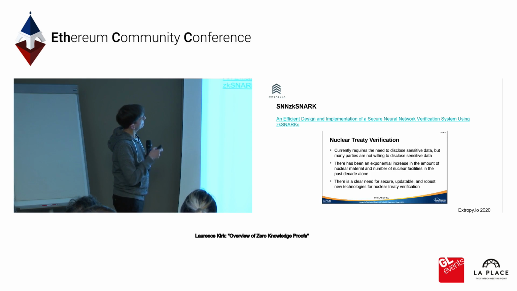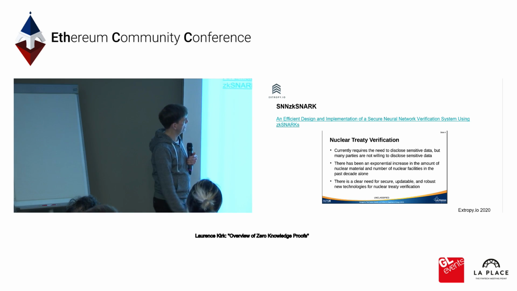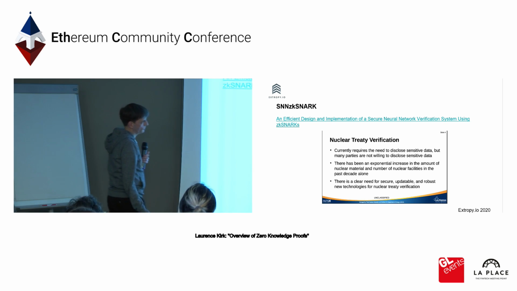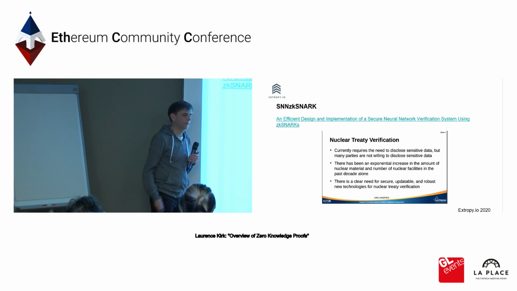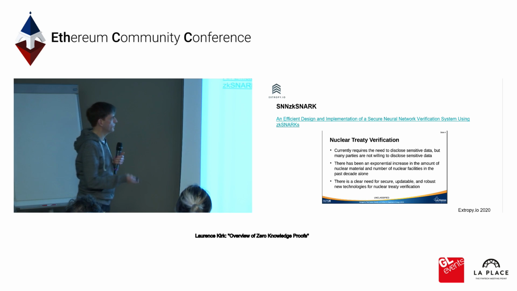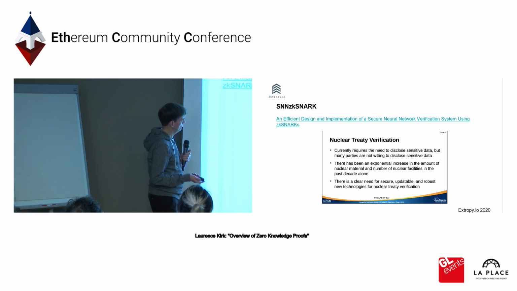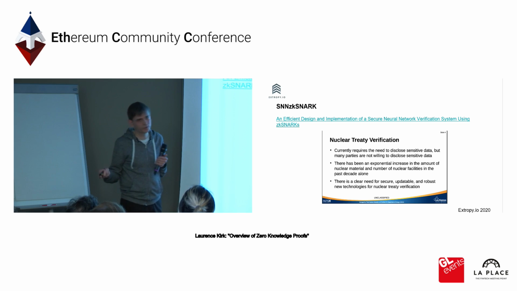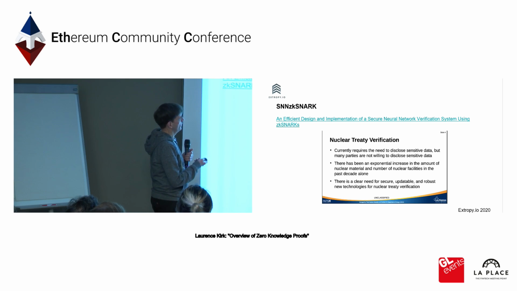Other use cases, one I particularly like, and I got some slides here from Los Alamos laboratories, is nuclear verification. It's very important that some countries can verify what's happening with nuclear weapons, and if you're claiming that you are getting rid of them, you need to be able to prove this to the satisfaction of the other nations involved. But in a secure way, and in a way that does not give away your secrets. You're going to want to keep your secrets about your weapons. And so zero-knowledge proofs have been used in this area.